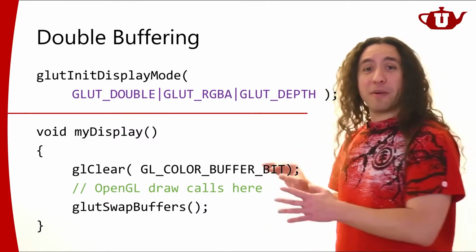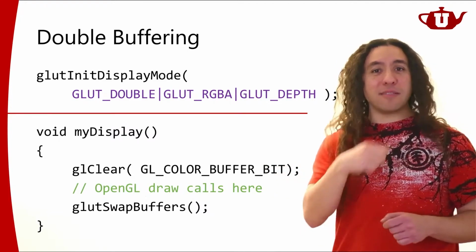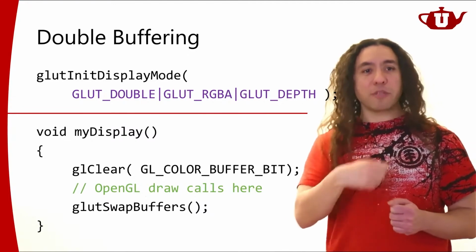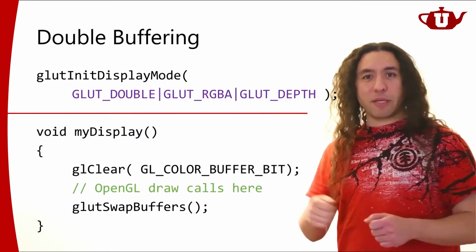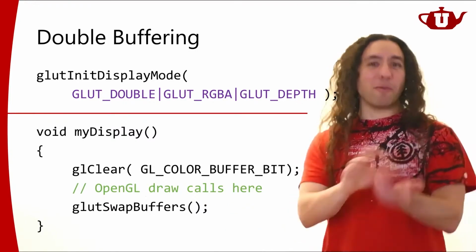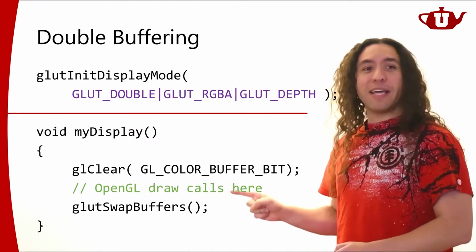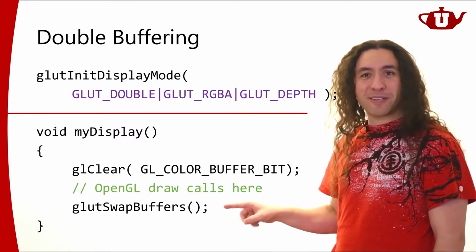So what's going to happen is that as we're drawing stuff, we're going to be sending all these OpenGL commands to our GPU's queue. So you queue up all these commands, and then you finally say, okay, when you're done, you swap the buffers. So that's what it means. This doesn't mean swap the buffers now. It means swap the buffers when you're done with all this stuff. That's what it means. Okay.